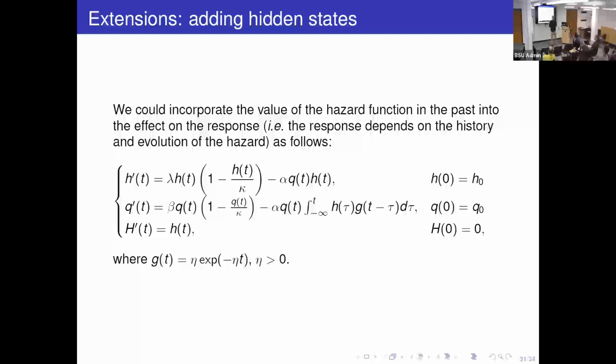But would the hazard of this example look very different? Yes, because if you remove this term and this state, this is now an autonomous ODE, because it depends only on H, so the solution will only be increasing or decreasing. In that sense, you will not be able to capture this unimodal shape. So adding this additional term is adding flexibility to the hazard function as well.